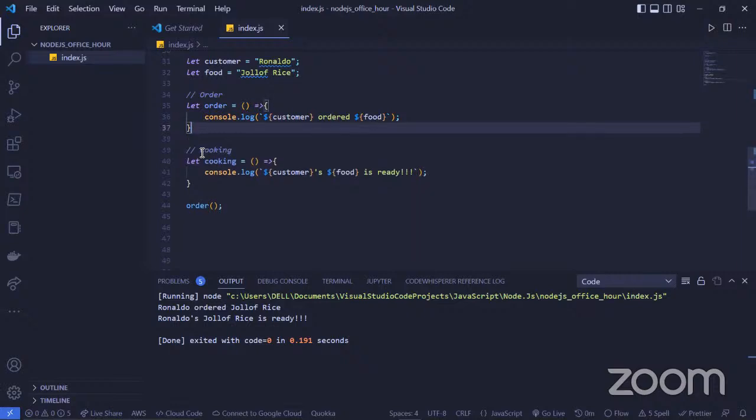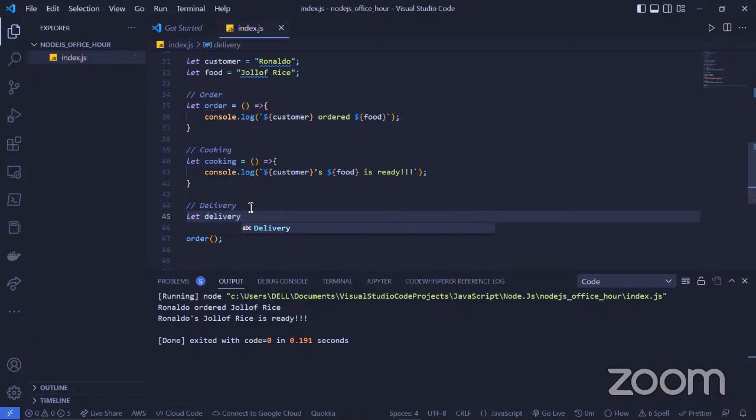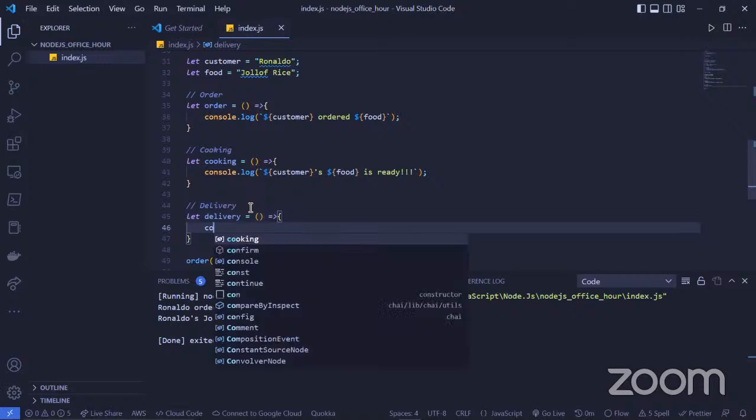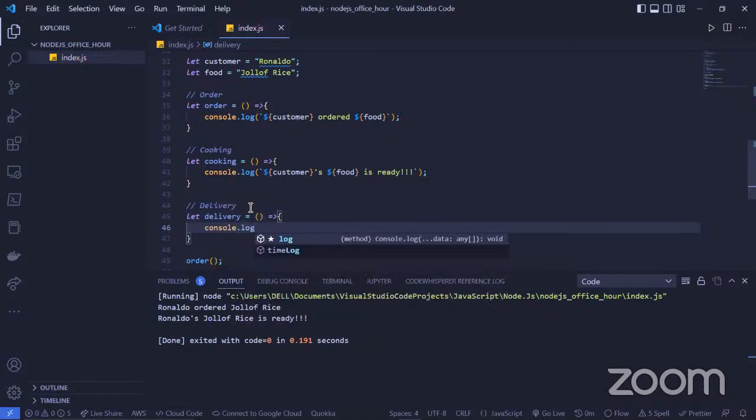Let's put the other function here, and then delivery. Under order we have payments and all that, cooking, delivery. Let's say we want to be able to do a little doorstep delivery. We'll do this just the way we did it for the others, and just say console.log, just simple stuff.